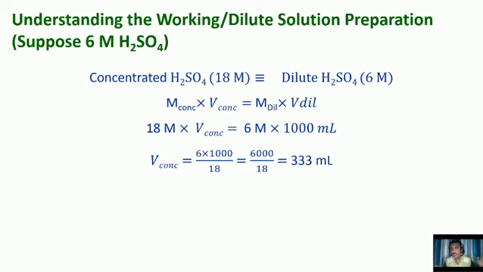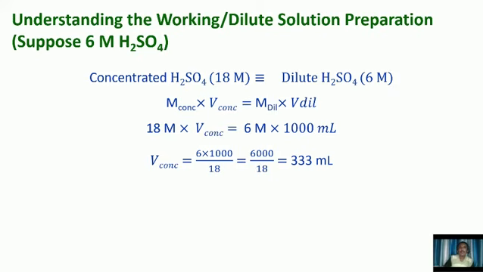and after dissolving into small water volume, as I have mentioned earlier, drop by drop, or slowly with stirring, you have to add this 333 ml H2SO4 into some 500 ml water, and then you can go for dilution of that volume to 1000 ml using the standard flask. Okay, that is the basic laboratory technique.